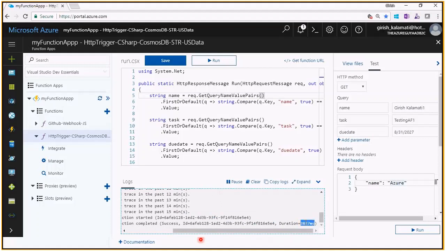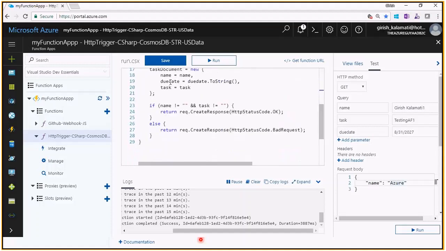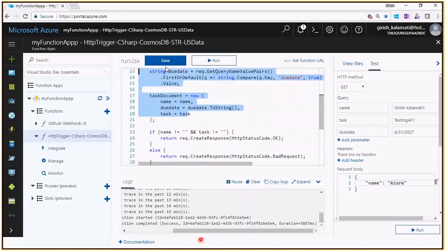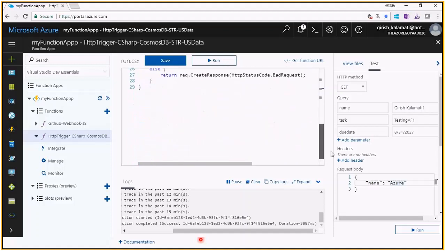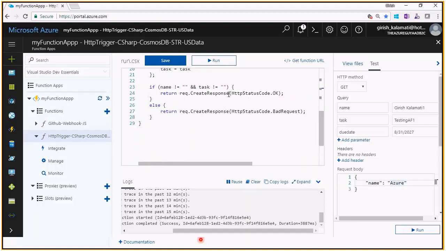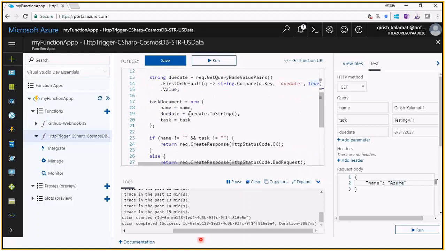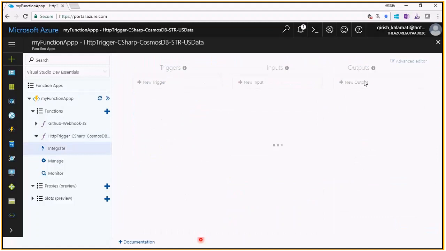So this matters when you make efficient Azure functions. Once this is done, my HTTP request triggered the Azure function call, and the Azure function got the request, and from that request object it took out all the parameters which I have sent. Then it made an object, a task document object, which is of document DB table type, and it created a response. Since my document DB is defined as an output, behind the scenes it would trigger a call to document